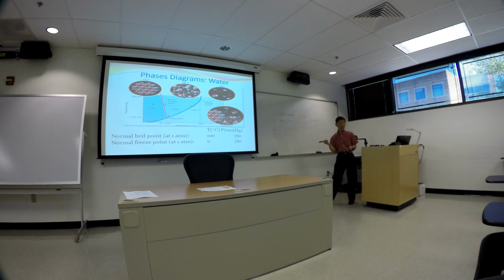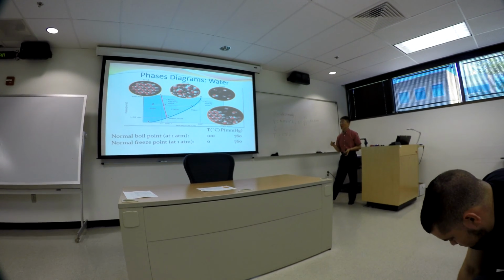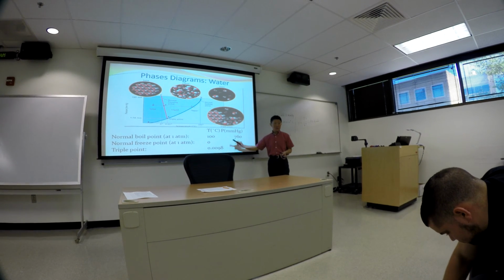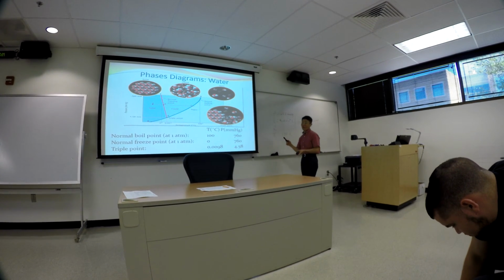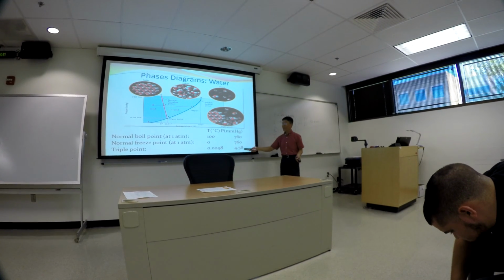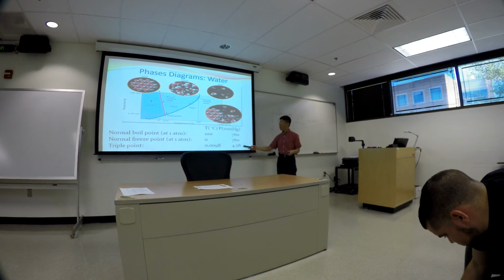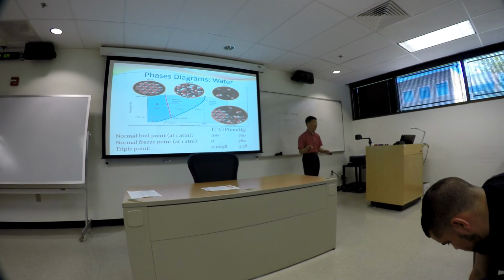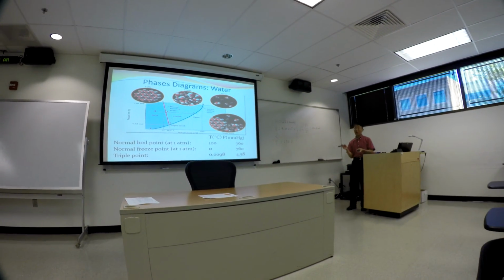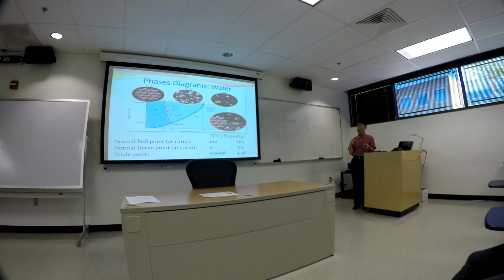So that's the normal freezing point. And what's the condition for the triple point of water there? If you keep the temperature slightly above 0 degrees, 0.0098 degrees Celsius, and keep the pressure at a fairly low level, 4.58 millimeters of mercury, water can exist in all three states, solid, liquid, and